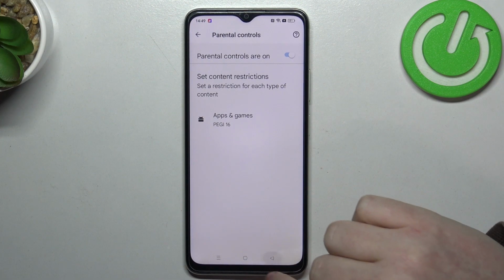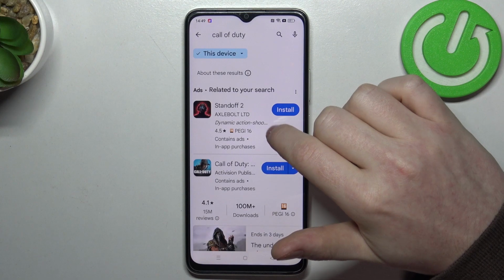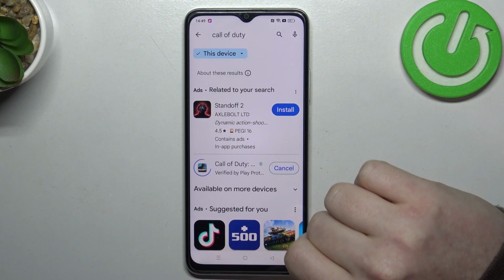Now if we go back and try to find the game again, it's right here and we can install it. And that's it for this